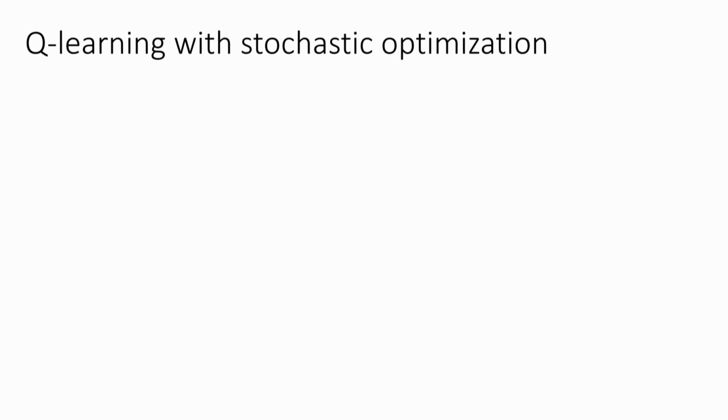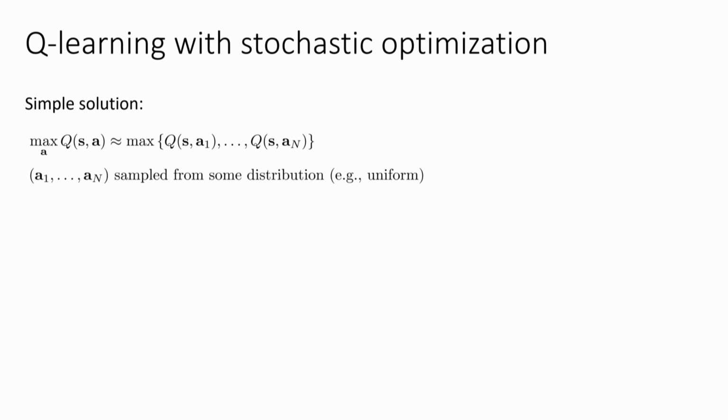So that allows us to use fairly simple stochastic optimization methods, one of which was the one that was mentioned by the student previously, which is to just approximate the max by a max of a discrete set of actions. So basically just pick some actions at random, pick n of them, evaluate the Q value for all of them, and just take the best one. That is an optimization algorithm. It's not a very good optimization algorithm, but let me tell you, it's really fast, and it's really easy to implement. And if your problem is overestimation anyway, maybe you don't need to optimize so hard. Maybe just a little bit of optimization will do.